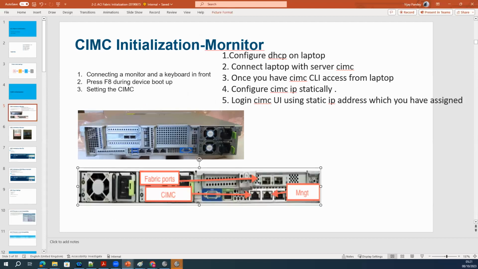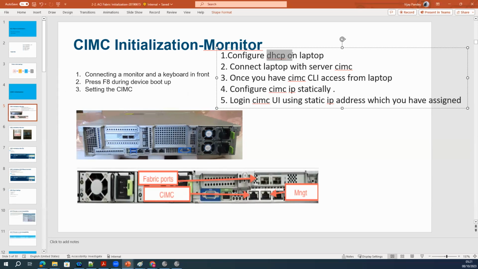These are the ports of the CIMC. So when you connect the CIMC interface for the first time, you do not directly have the IP address, right? In order to configure the CIMC interface, the first thing you do is bring your laptop and configure your laptop as a DHCP server. If you do not have a laptop, your data center does, because in some data centers they do not allow laptops, right? They provide you that.